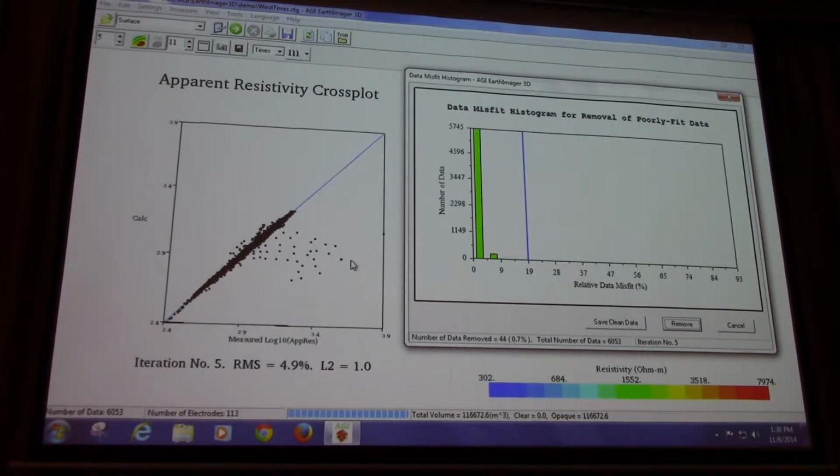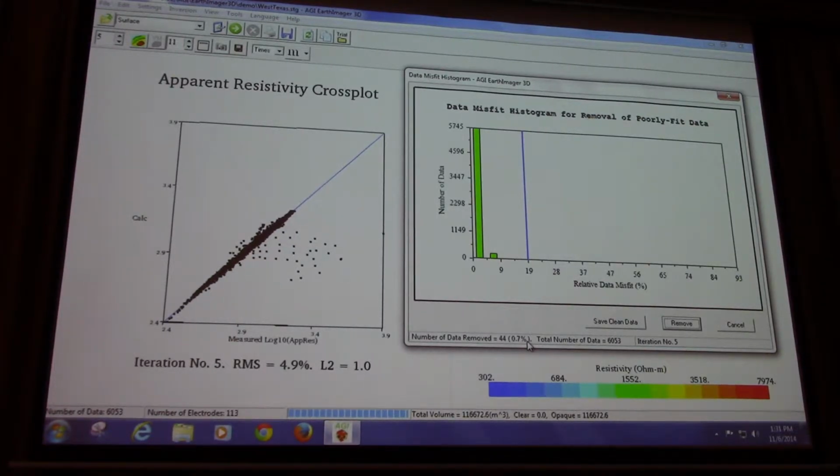And why would that happen? You have noisy data. Just something interfering. Yeah, there's maybe another source of electric field, or the signal is very close to the noise, so it's hard to differentiate. But we're collecting 6,000 data points, so it's okay to lose 0.7% of the data set. Matter of fact, it's actually okay to lose a lot more than that, and you will have to just kind of